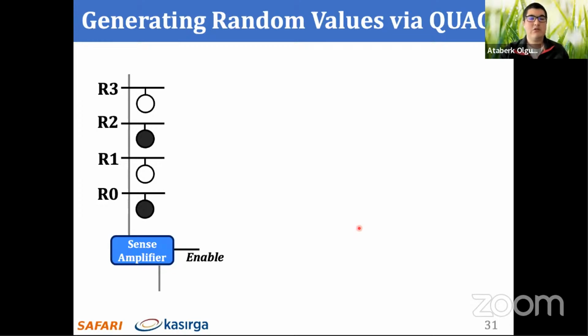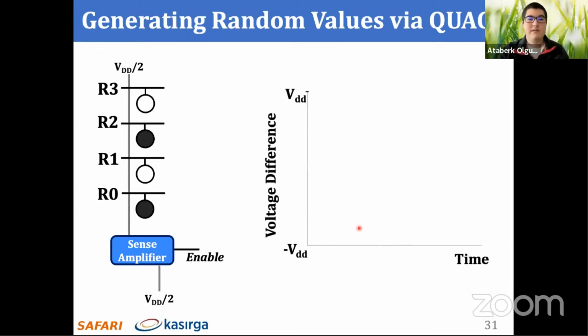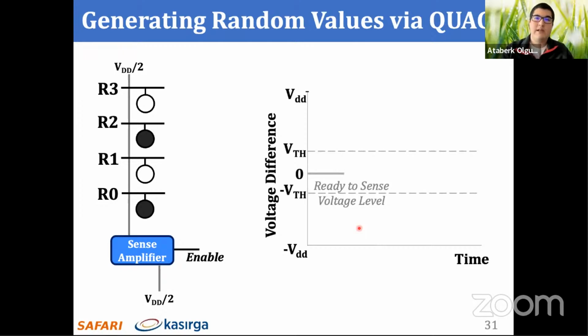This diagram depicts a set of DRAM cells on the same bit line and on 4 simultaneously activated rows. Initially, the even address rows are initialized with logic 1 values, and odd address rows are initialized with logic 0 values. The bit line and the bit line bar are set to half VDD, and the figure on the right depicts the difference in voltage between the 2 sense amplifier terminals over time. The gray dashed lines depict the reliable sensing thresholds that the bit line voltage must exceed for the sense amplifier to correctly amplify the value on the bit line. Since bit line and bit line